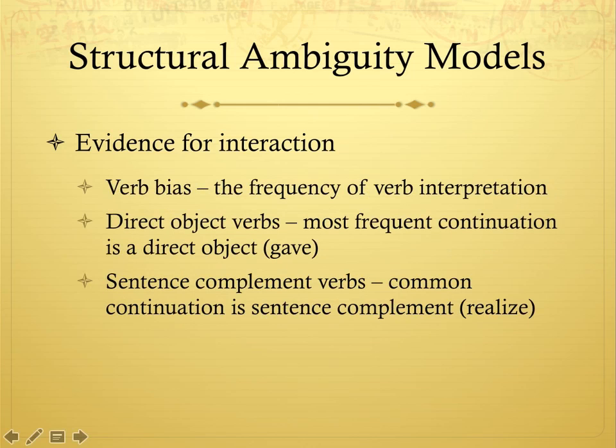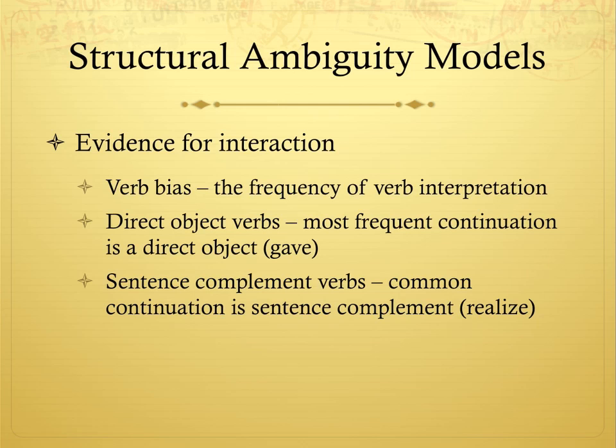Okay. Some other evidence for interaction-based models, and you'll see this is probably going to be the most popular, is verb bias. So we're looking at the possible verb interpretations, and the most frequent verb interpretation gets picked first. So that's a semantic bias towards the most frequent meaning option. Direct object verbs, so we're expecting something to come up next. So like the word gave, we're given gave what, so we're expecting a direct object, to whom, possibly an indirect object. And then sentence complement verbs,